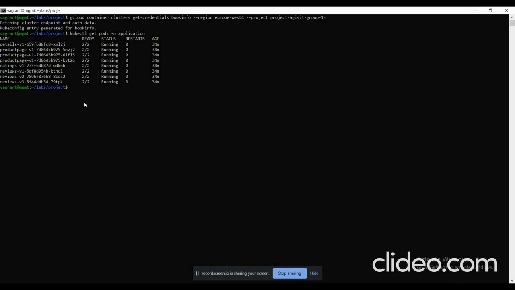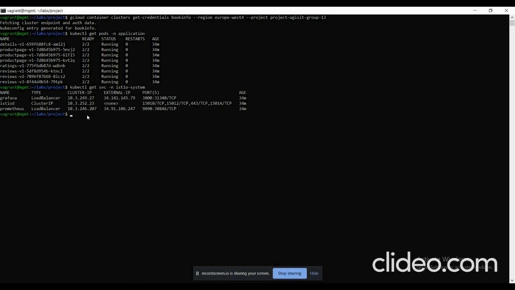And we can also try this command to get the external IPs of the services in the Istio system namespace.